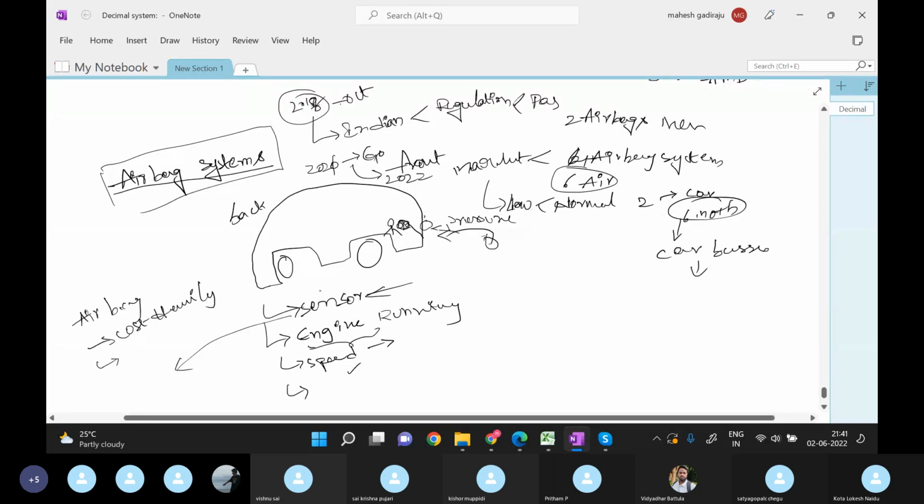Now, the sensor is the correct one, but I can tell you how the sensor data will be processed and how the airbag system will open. But before opening the airbag, what other preconditions should be checked? The car has to be ignition on. Ignition on, then only the engine will be running. And